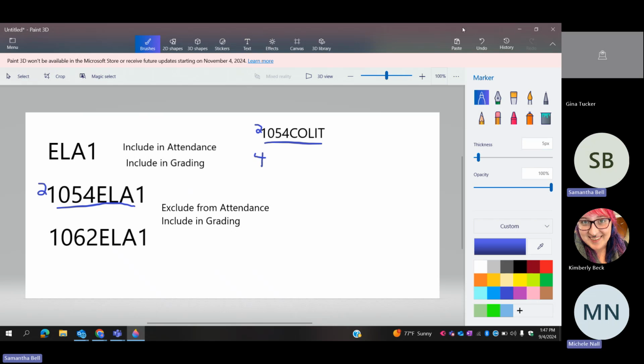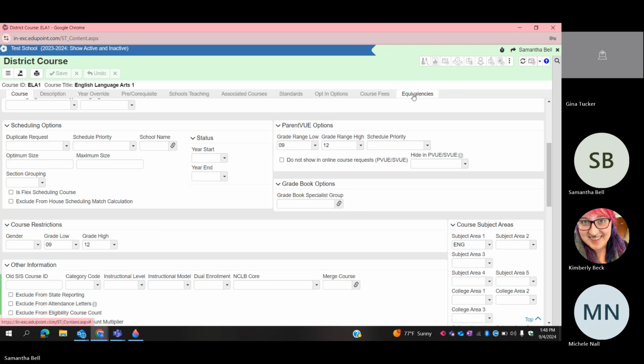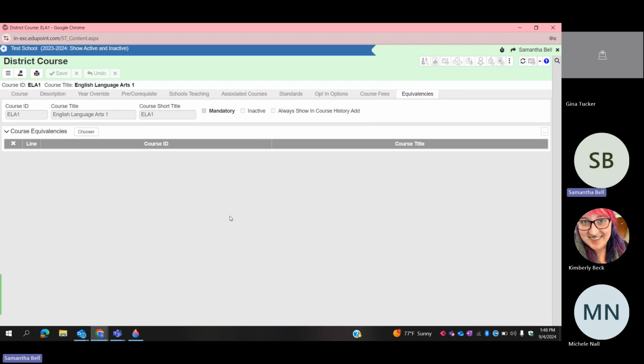So I apologize. But when you say that they are equivalent, it's going to say, okay, I can't award 4 because this is a max of 2. And they'll only take 2 of the 4 credits that they attempted. Which is good. That's what we want, because that's what DOE wants. So that's all this does: it's just saying this course is the same as this course. Okay, so once that's all set up,